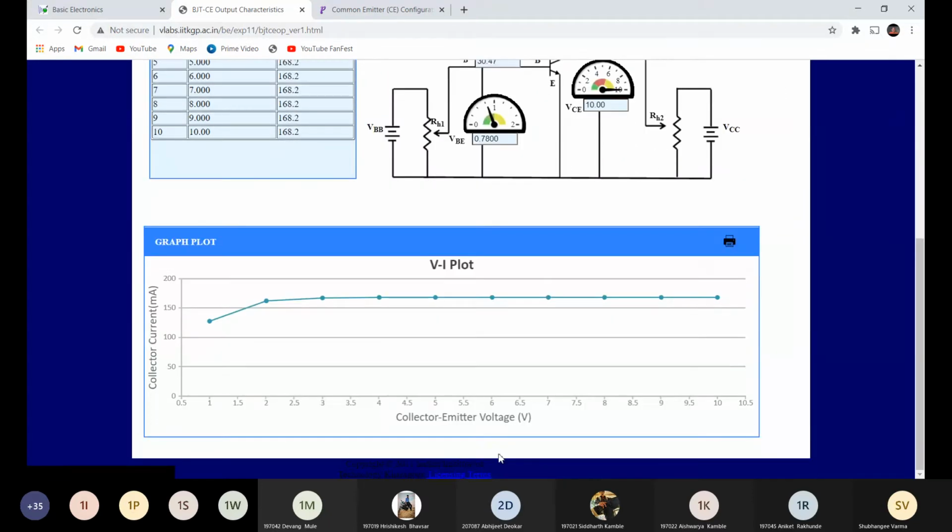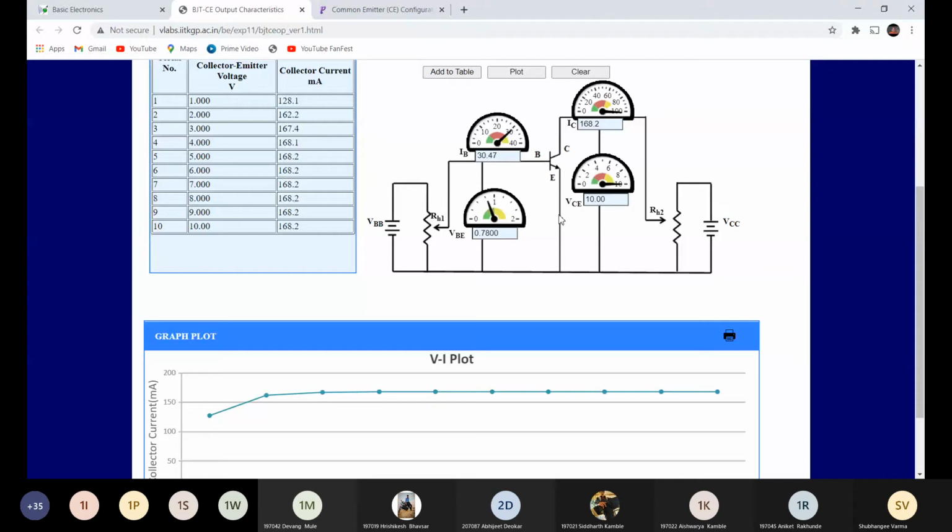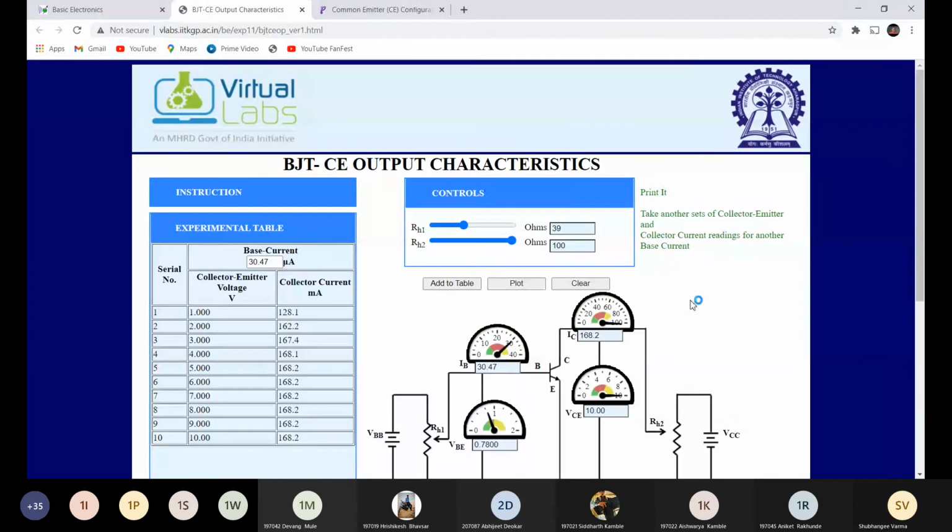One plot for 10 microampere IB, one plot for 20 microampere IB, and this is the third plot when we kept IB at 30 microampere. Everybody understood this? Yes? Write down your answer in the chat box.